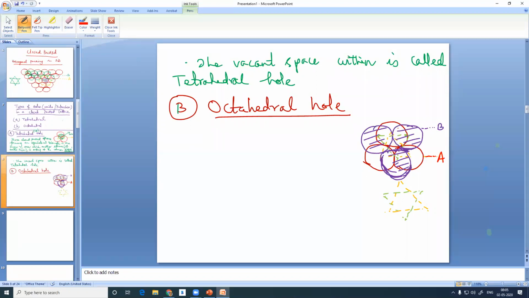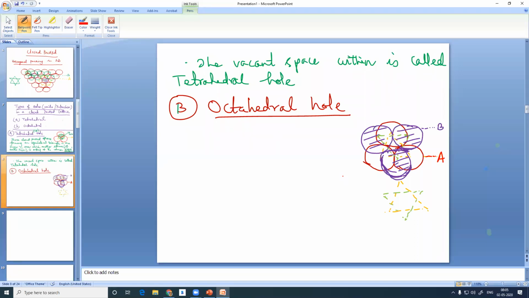You can also visualize it in this manner: supposing these two, one from this layer, one from the other, and similarly one from this, one from the other, form a square, and one is above, and one below in the bottom layer. So you visualize in the second way. And the third way you can also visualize. Supposing these two from the top layer and the red one from the bottom layer are lying in a horizontal manner, and one is above it and the red one is below it. So this forms an octahedral geometry.